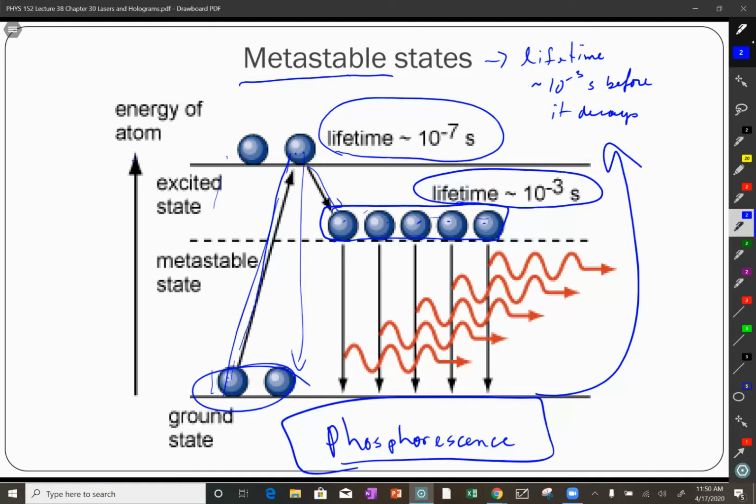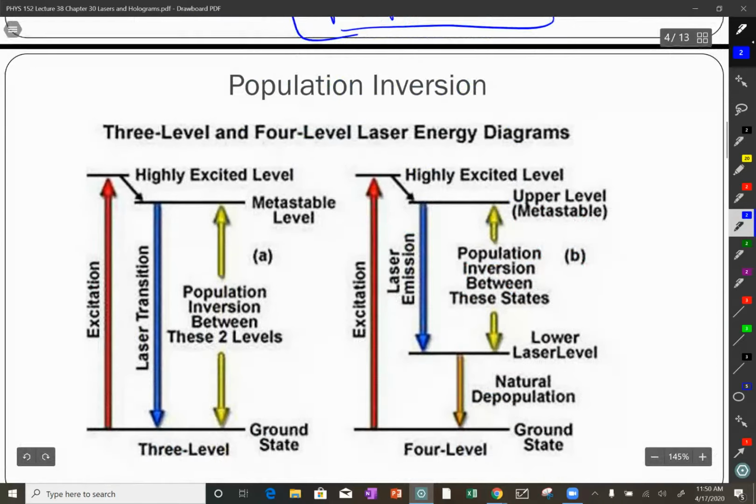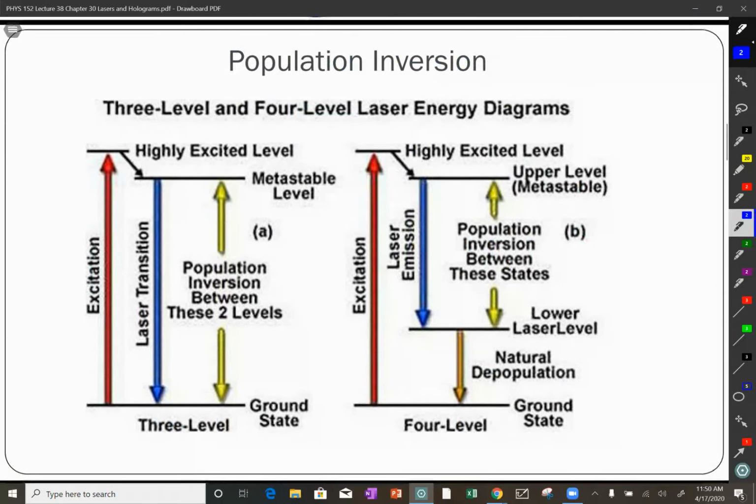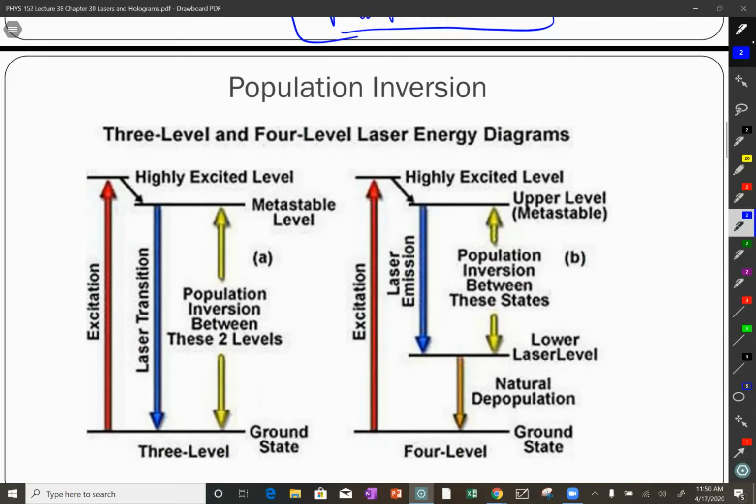Okay, so what was the point of this slide? Metastable states and phosphorescence. Metastable states are energy states that are long-lived. They don't immediately decay when you put an electron in that state. They will wait a while and then decay. So in order to make a laser, now a laser is